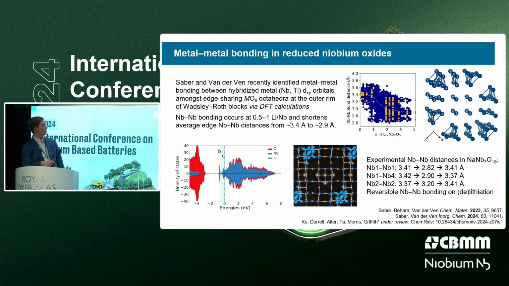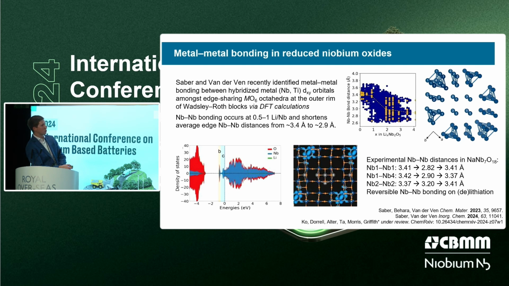It was predicted that it should go along with a decrease, specifically along the shear planes, of your niobium distances, shrinking from around 3.4 angstroms in the pristine structure to something like 2.7 to 3.0 angstroms in the reduced phases. And here's some experimental data down here on the right from this Nb7O18 compound that I just mentioned to you. And these are